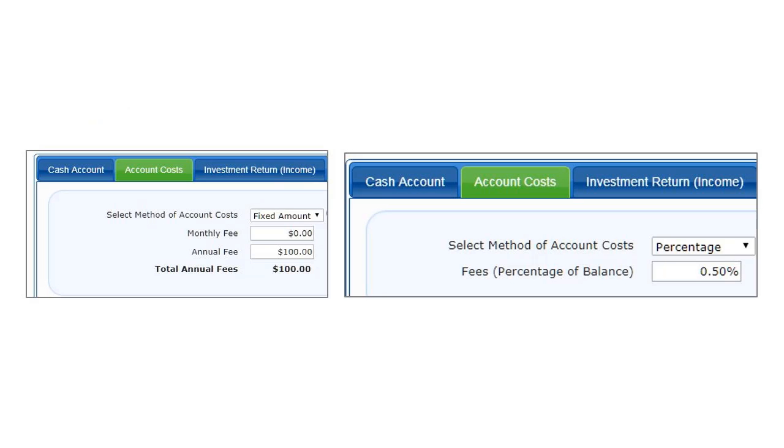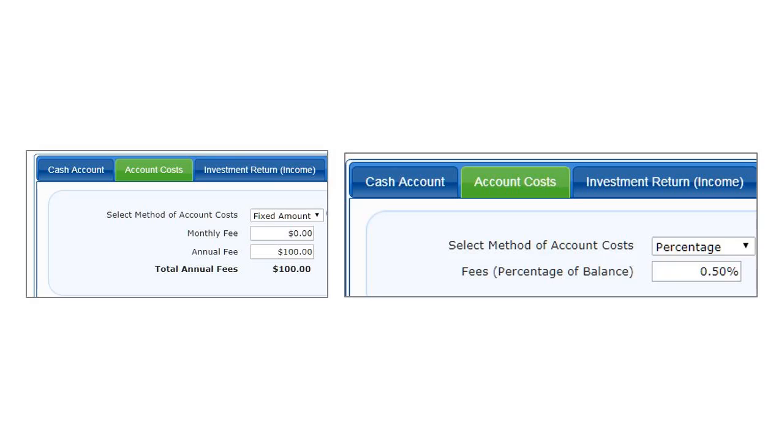On the tab Account Costs, the program defaults to none. You can elect to calculate account costs as either a dollar value or a percentage of fund. The dollar values are not indexed. Where the percentage of fund is selected, the calculations are made on the value of the fund after annual transactions,